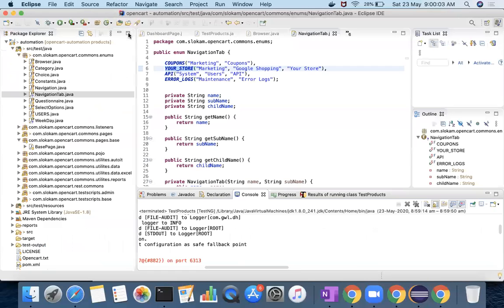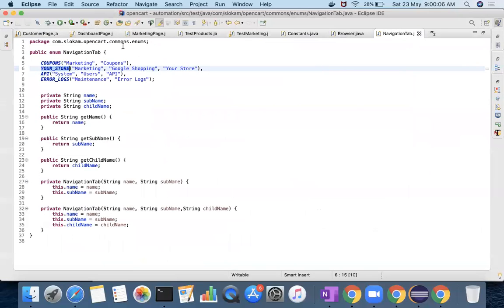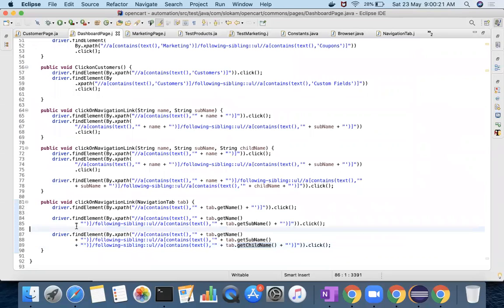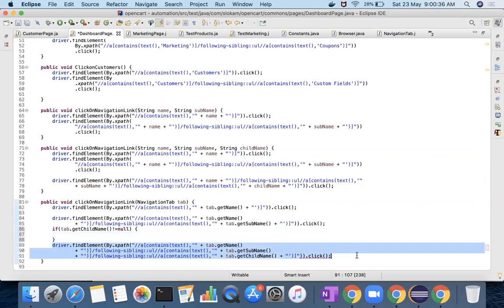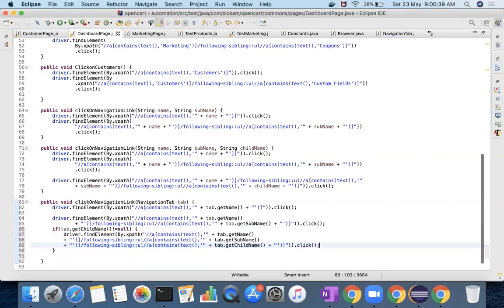So what we need to restrict here is, if it is having only two values, let's say marketing and coupons, if the child name is null, you should not click on the third one. So that restriction you have to make. How do I do that? Here, if tab dot get child name not equals to null, then only do this.